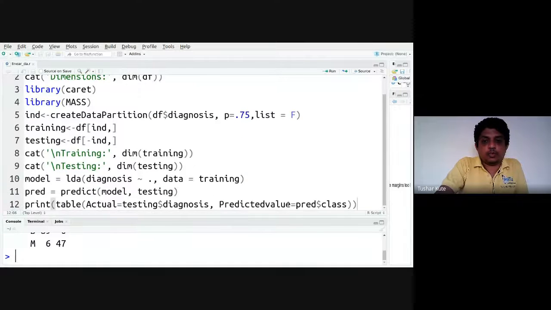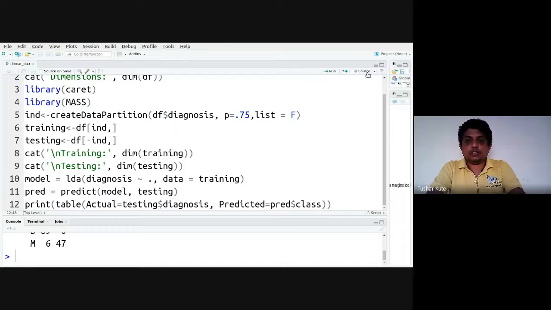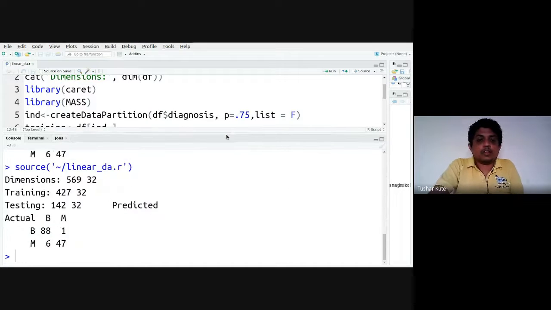Now see this. Actual values are present here. For B, actually 88 plus 1 are present, that is 89, and for M, 6 plus 47 are present. 88 plus 47 are matching.